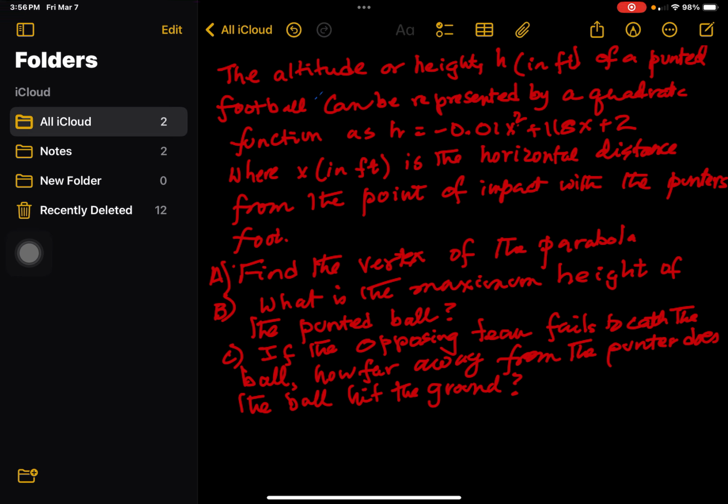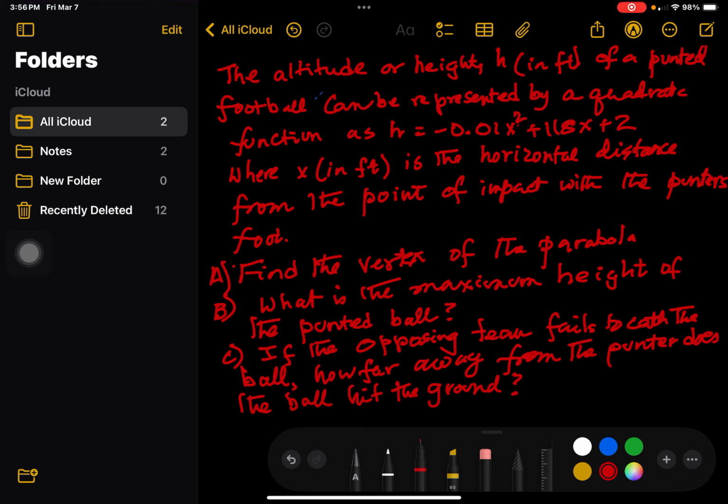Okay, so before I do that, let me change the color of the silver to the blue. Okay, so